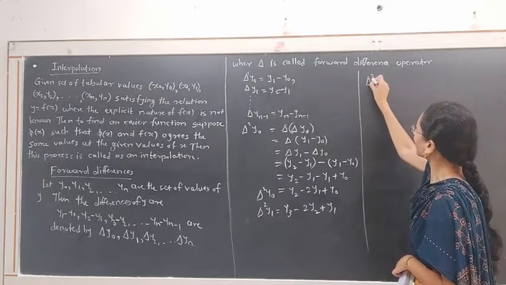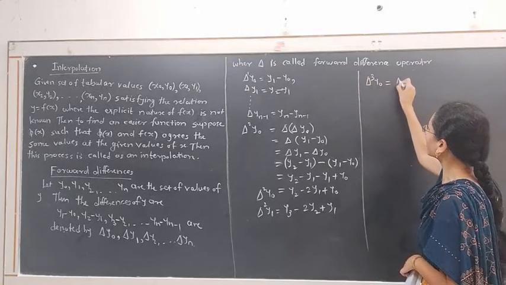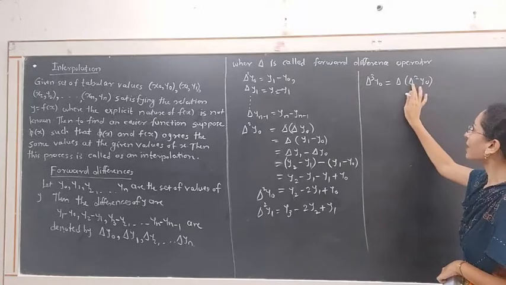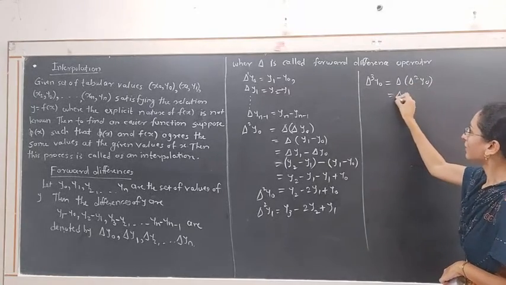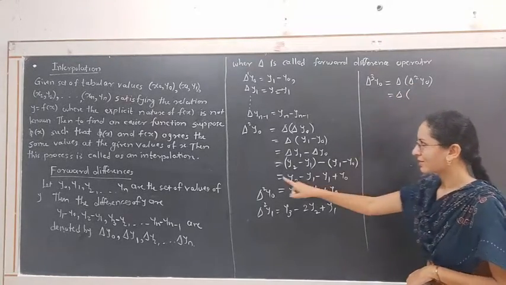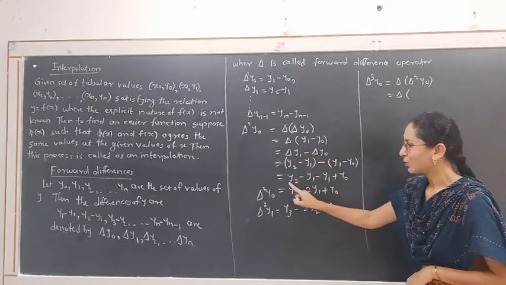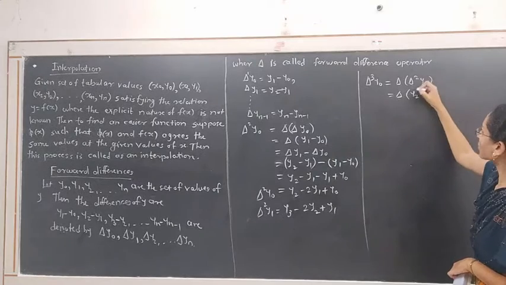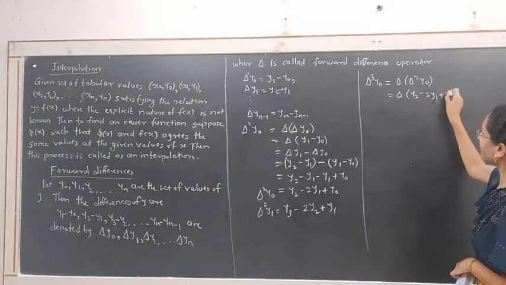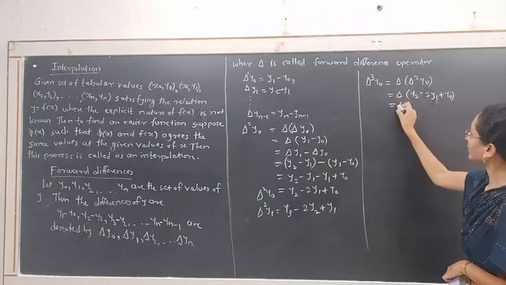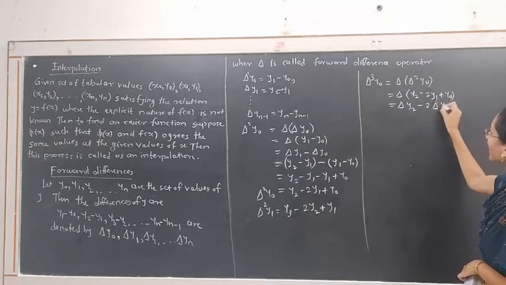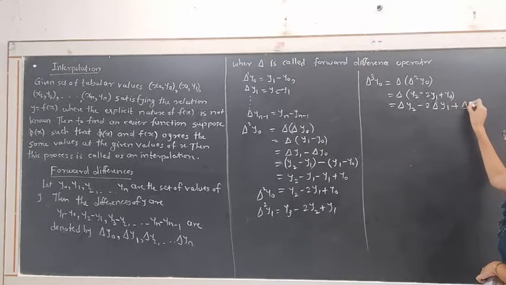Del cube y0 is equal to del of del square y0. We know the value of del square y0, the second order difference at the point y0: y2 minus 2y1 plus y0. This is equal to del y2 minus 2 into del y1 plus del y0